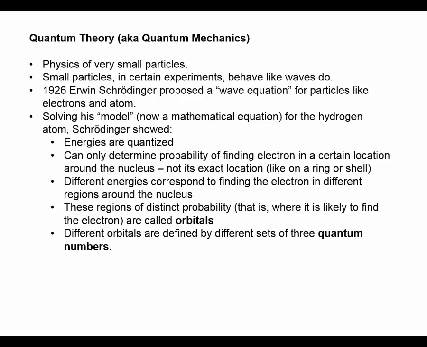So that's how we can tell them apart. It's kind of like an address, a label. So we know which orbital we're talking about by the quantum numbers that define that orbital. So let's talk about these three quantum numbers, because they turn out to be pretty important when we're talking about